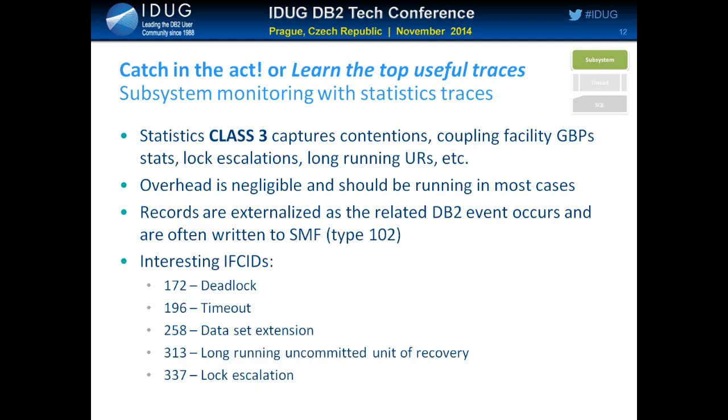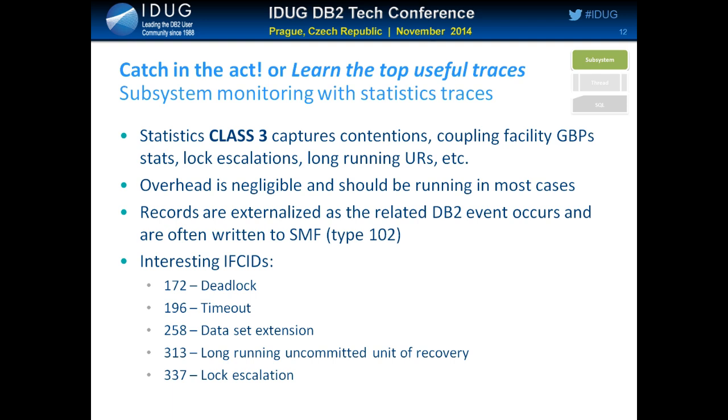Class 3, this is already the event-based IFCIDs. So as something happens, you get a record. So it actually captures information about the contentions, coupling facility, buffer pool stats, lock escalations, long running units of recovery. And again, as with all the subsystem statistics, the overhead is negligible. Just really run that. In this case, the stats, if you run it to SMF, they go to a different one,